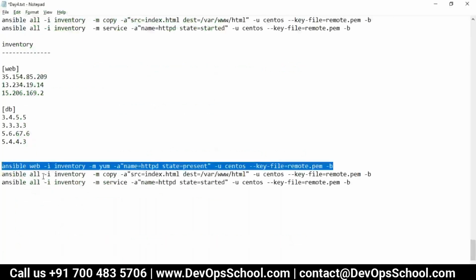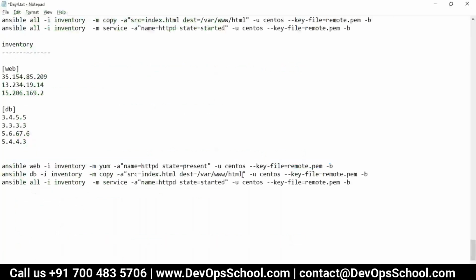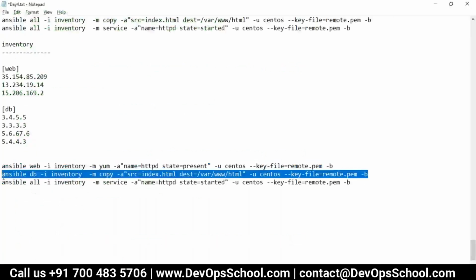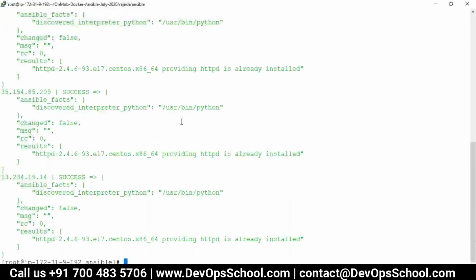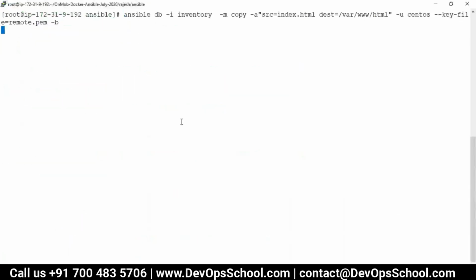It's done. Can I do this one for the DB? And you see here, DB. Oh, sorry, my mistake. I did this. DB. And you see here, those IP addresses will hit connection and timeout issues.